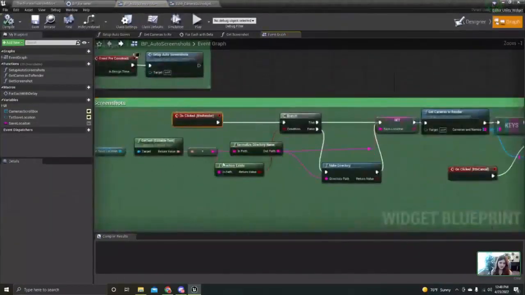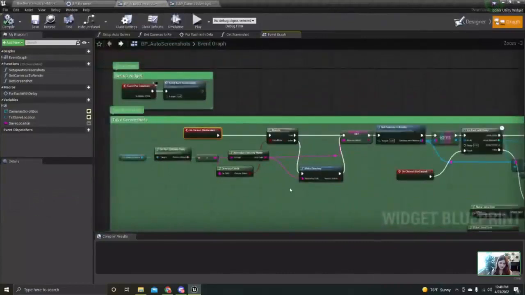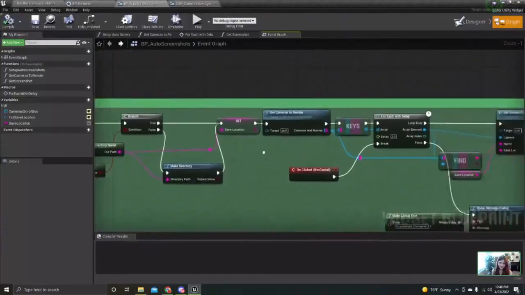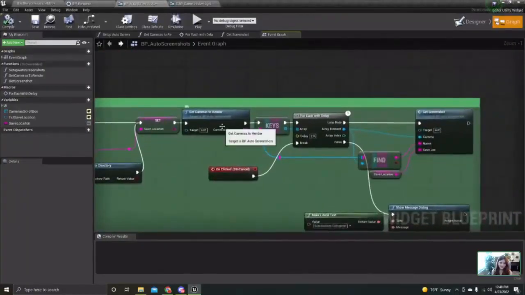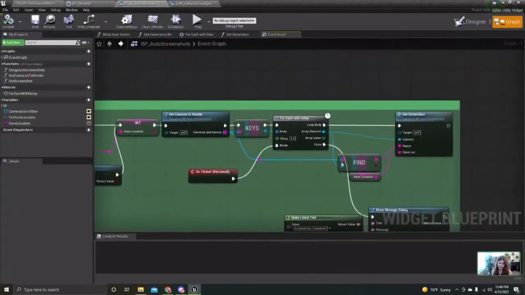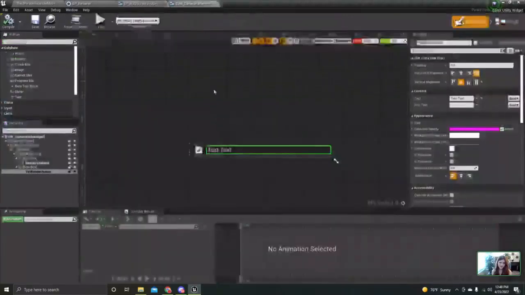And then we have where we're going to actually take a screenshot. So when we click the button render, what this is going to do is do a little bit here to make sure we're actually saving these screenshots to some place that actually exists, right? And then we're going to get all the cameras to render. We're running out of time, so I won't go into this, but if you want me to cover it in Discord, I can. And this is just going to get each camera, its name, and the camera associated with it. And the name is just going to be whatever we set the text here,